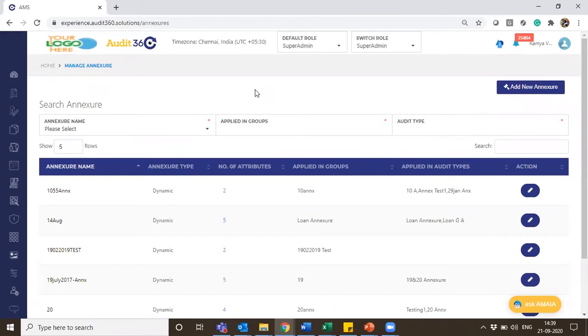In that case, it is very important for the system to know which group of checkpoint information will have what type of information passed through, so that clear information gets passed through each annexure to the auditor. In any of your audit types, you would have multiple such sample cases. So it is very important that we group them separately and all the relevant information is passed through, because the set of checkpoints or the set of information which flows can be unique compared to each and every sample audit we would be doing.